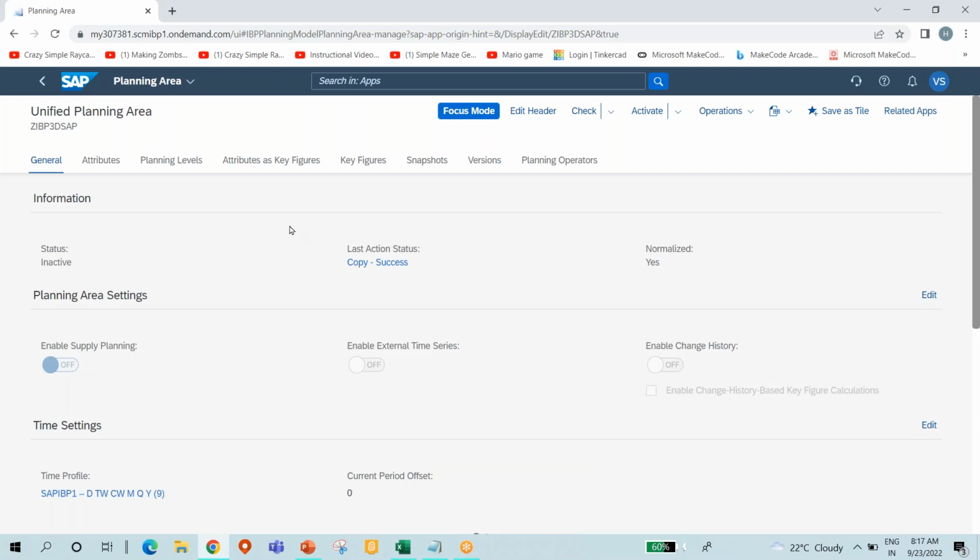All right. So now you see that this is the new planning area screen that we have got. It took a few seconds to come up to this screen. So if it is not coming, just don't refresh it or something. Just wait for a few seconds. It will come because it takes a little bit of time. And now you see one of the important things here is that in the starting, this status will be inactive,